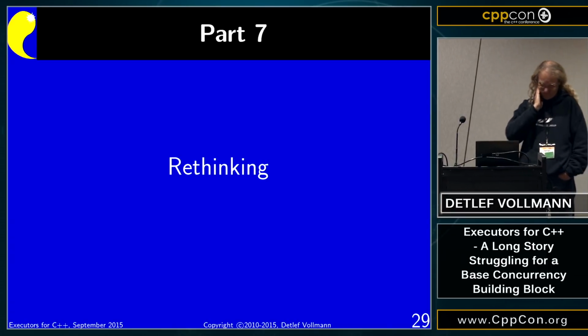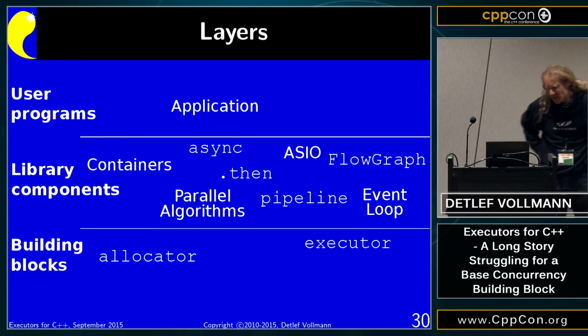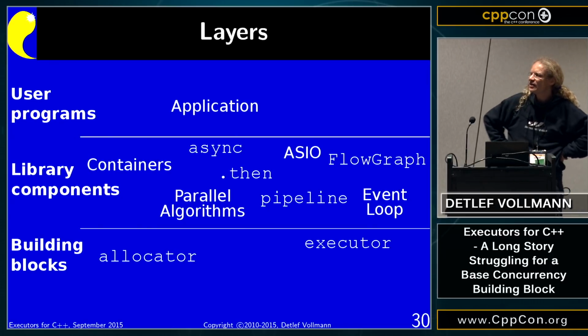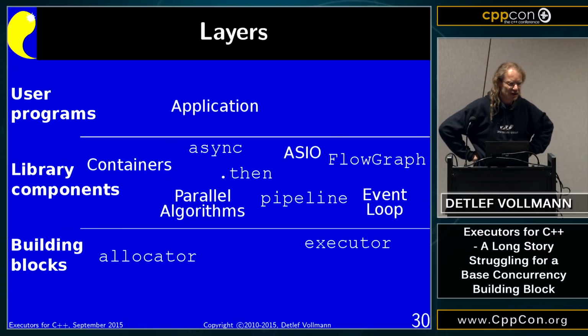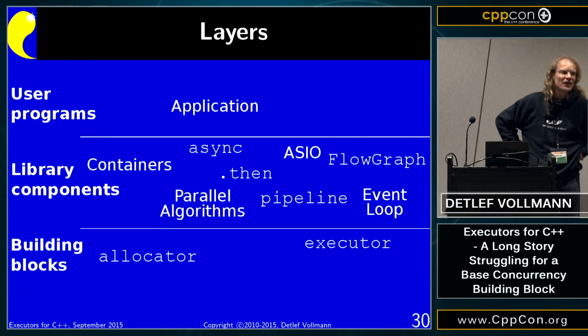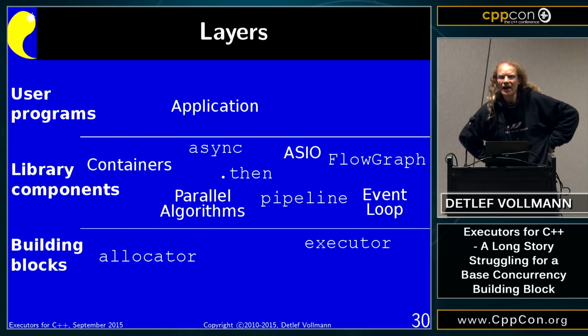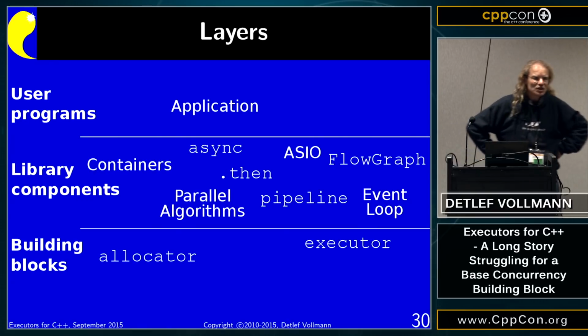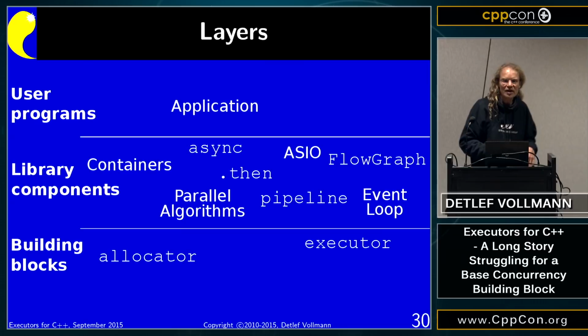So what do we really need? And maybe it's actually useful to look a little bit at the bigger picture. So the original C++ standard standardized the standard template library, and part of that standard template library were the allocators. But essentially nobody actually used that allocator directly. That was used by the containers. So the allocator is a very low-level building block, and you put the interesting thing that's actually used by your programs, by your applications,